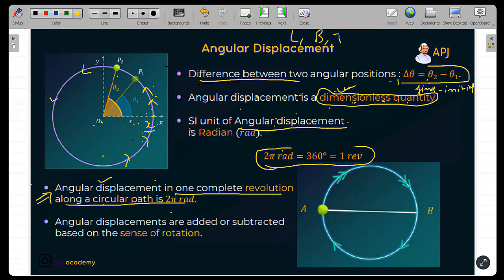Angular displacements are added or subtracted based on the sense of rotation. What do they mean by this? What does this mean? Look,